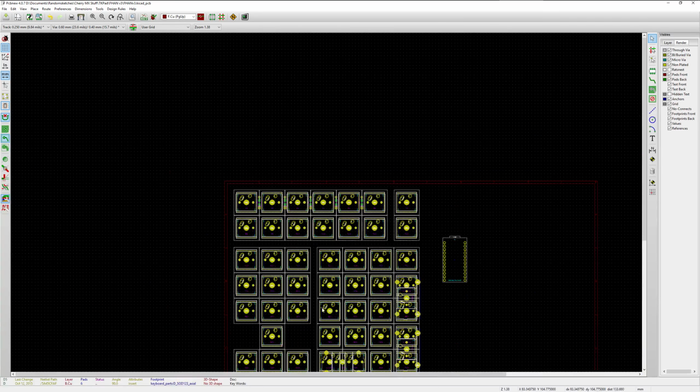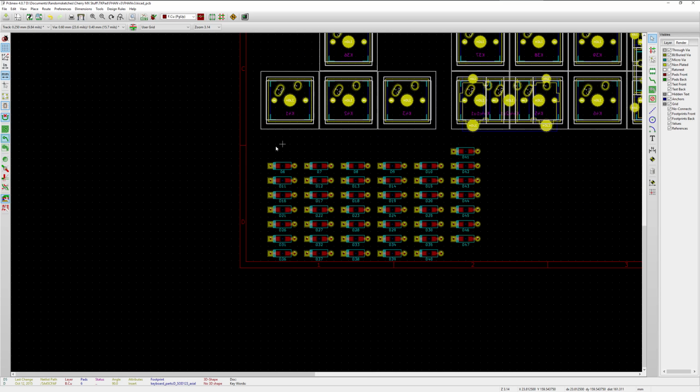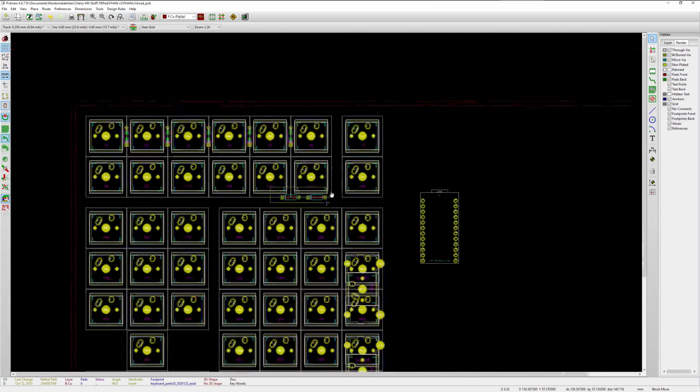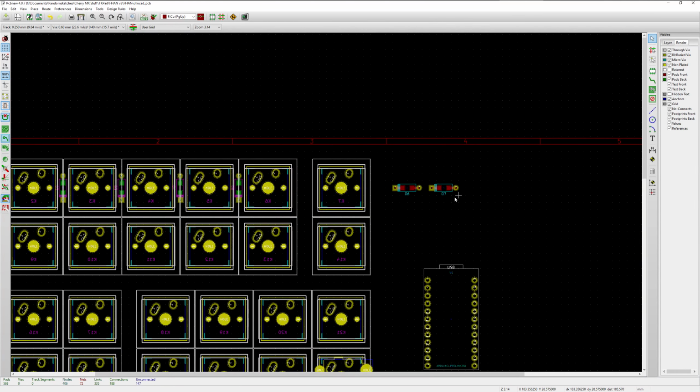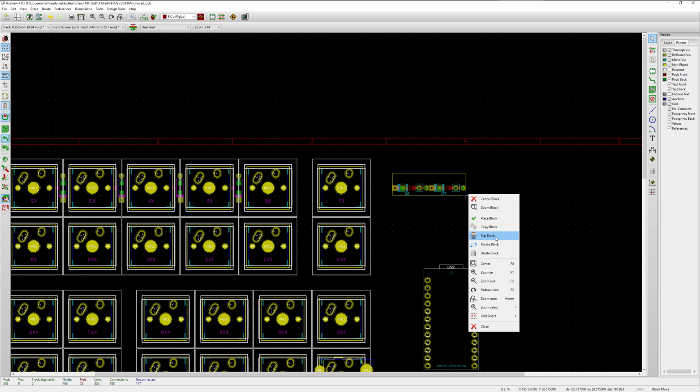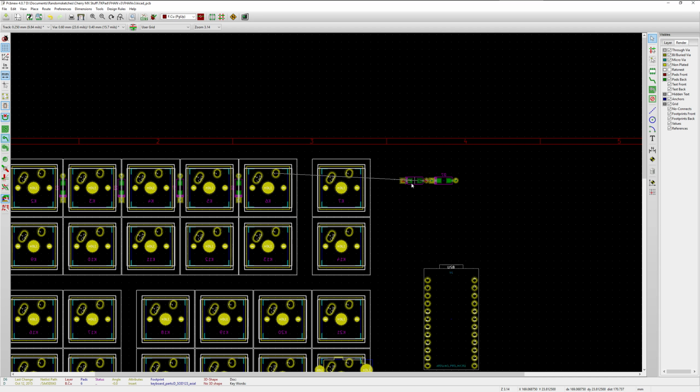Okay, now I've got to go grab 6 and 7. Plonk. Okay, flip, rotate, rotate, move, like that, and move, like that. Now, you would think that would be nice and neat, but the problem that we have now next